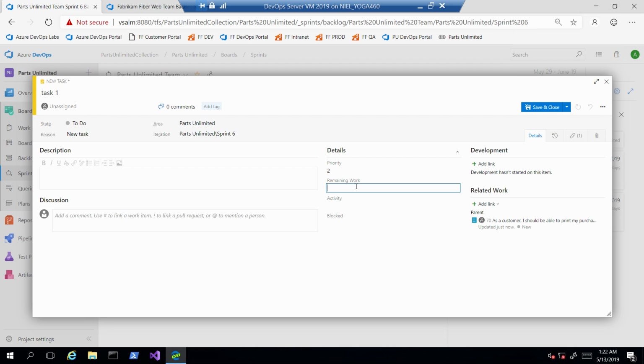So this is your Scrum template. It just works on remaining hours. We're not too concerned about the time that has lapsed. We're only concerned about the time remaining, and I'll tell you a bit more about that just now. The Agile template actually has two additional fields, original estimate and actual, for reporting purposes, but this is the important field, this remaining work. So if I say 6 hours remaining,